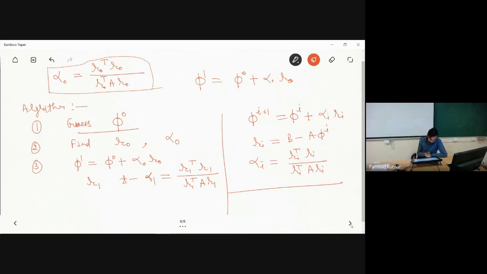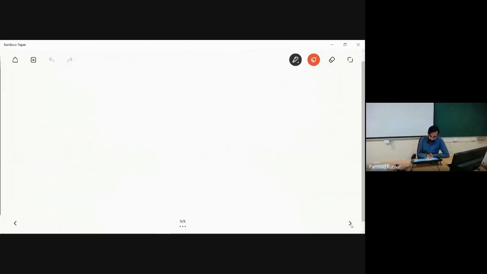So let us consider our residual vector at two different iteration levels, R1 and R0. And let us first multiply these. So if I have to multiply these two, what I have to do? For multiplying these two, I have to consider over here transpose of one, because then only I'll be able to multiply these. So let me make it R0 T into R1. So can I write it like this? R0 T into, in place of R1, can I write B minus A phi 1?